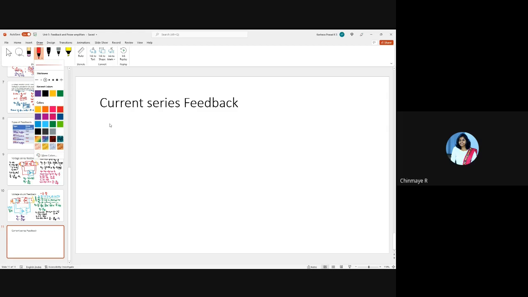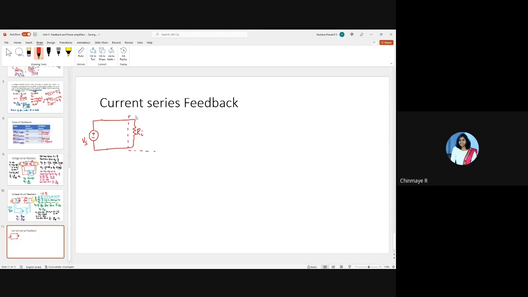I assume you have tried it in your books. Let me draw it and you can verify. So basically you have an input here. Let me call that Vs. And then let Ri be the input impedance of the open loop amplifier. So this will be the amplifier. Now the output is current, the input is voltage. Let the voltage across Ri be equal to Vi.